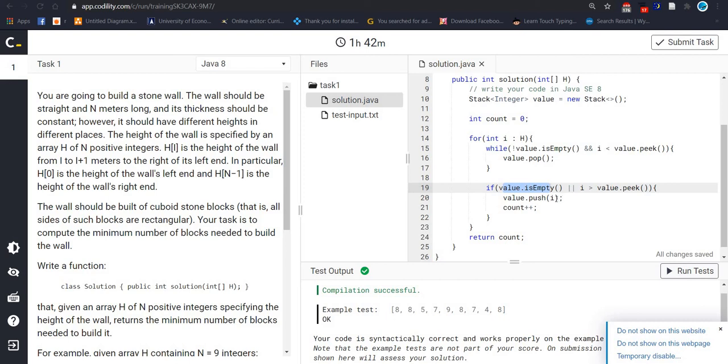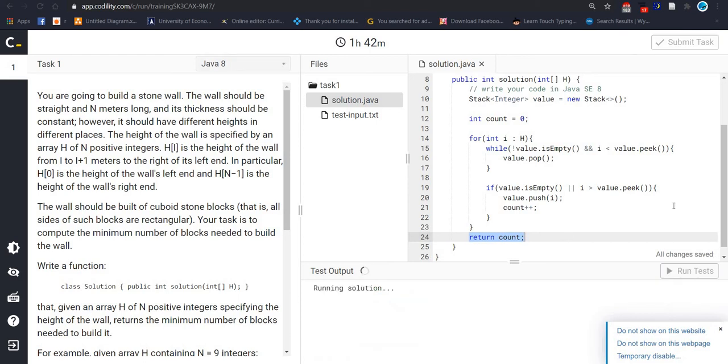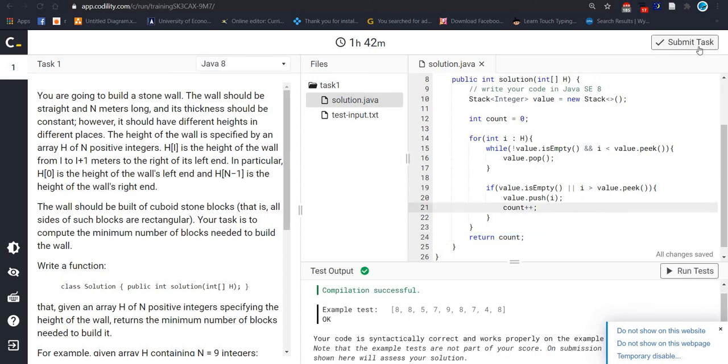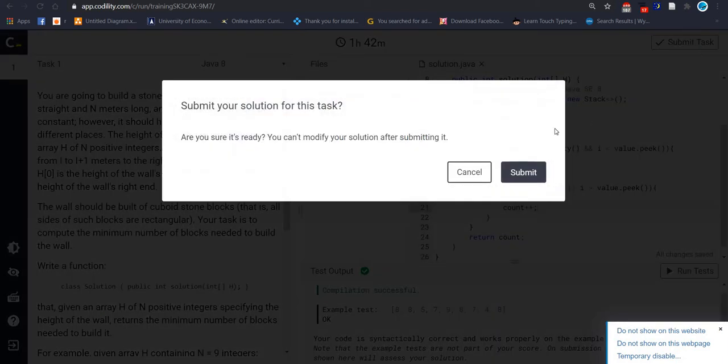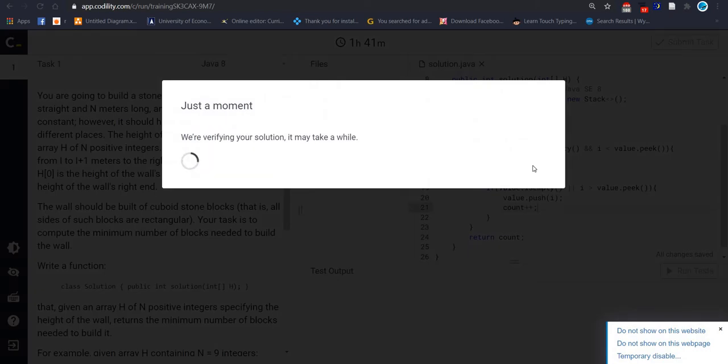Then value.push, and after that we define the variable. Later we increment count, and finally we return it. I hope everyone understands. And now let's submit. Run this code again. Now let's submit and check what our score is.